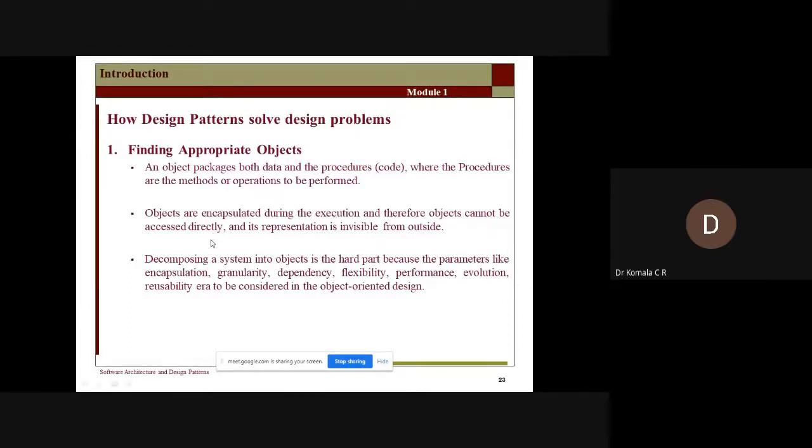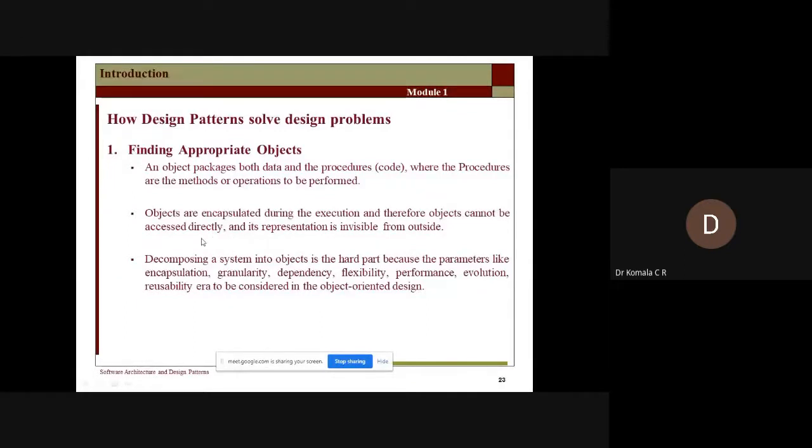So I think last class we discussed so many types of design patterns and their descriptions, correct? How do we encapsulate, what type of pattern are we going to use to encapsulate? We are going to use the command design pattern. How is that going to encapsulate? Based on the n number of requests, first it will put the requests into a queue, and this queue of requests is encapsulated as an object, correct? So objects are encapsulated using which pattern? Command pattern. As you have encapsulated the objects during execution, these objects cannot be accessed directly.